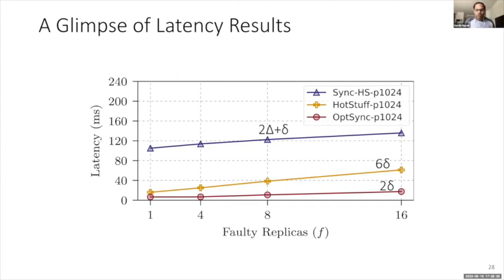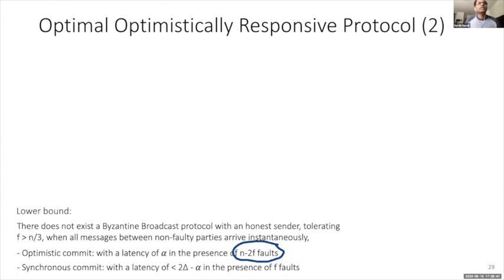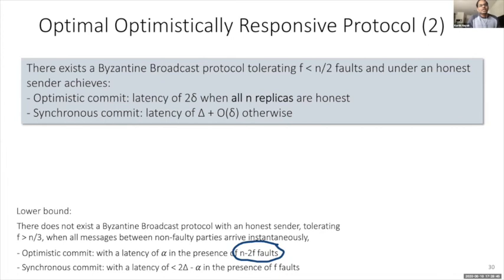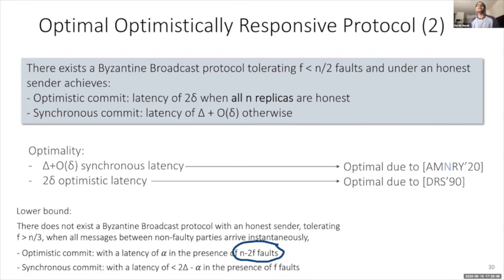I guess I'm almost out of time, but let me just present at the highest level a second result that we have. A second result says the following. So in our lower bound, we said these constraints hold only when we are tolerating n-2f faults, or at least 1 fault. Well, what if we are not tolerating any faults in the optimistic case? In that situation, we show that we can indeed improve our latency, where the sum of latencies of the 2 protocols is actually optimal, and it is delta, capital delta.